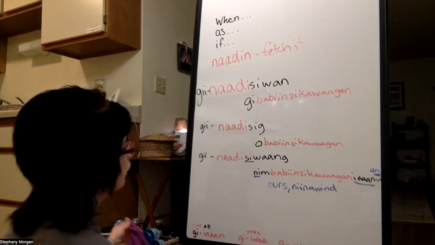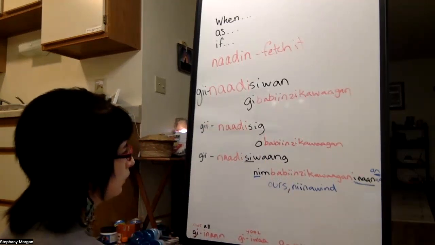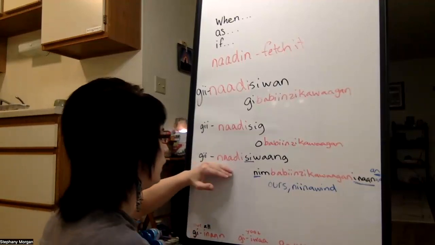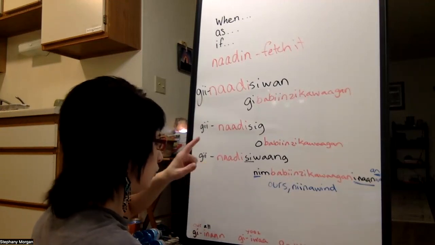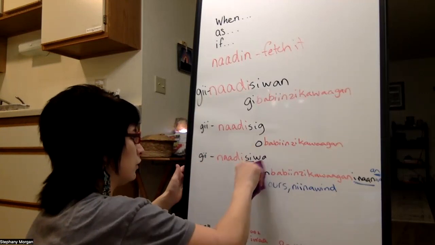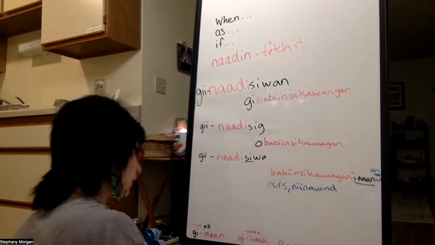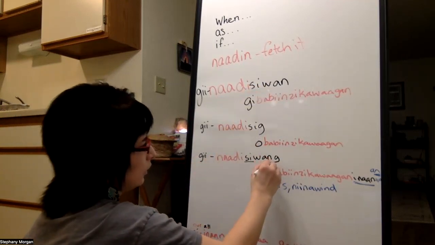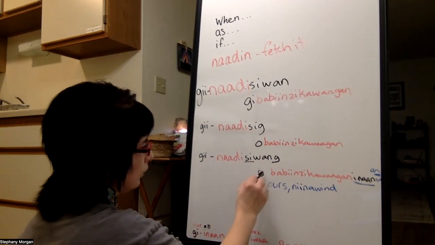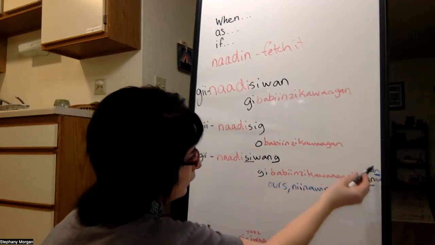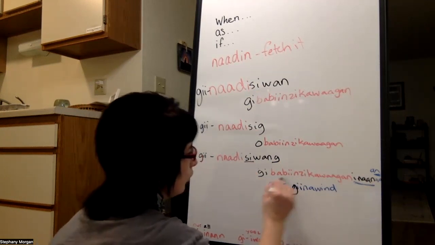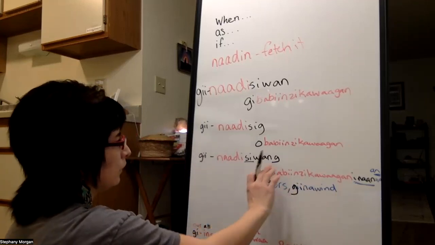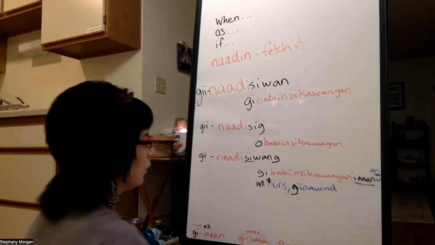And then let's see. Inada sig, inada siwang, nimbabintakoa, gandanan. Now, when we all, including you, did not fetch our jackets, C1, the same as gin, add a G to make a G in the wind, get, but being to kawagan and non-un, ours, all of our coats. Gi nada siwang, gi babin to kawagan and non-un,